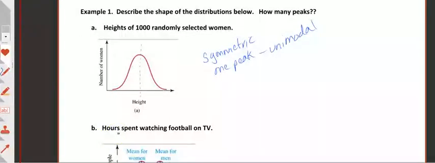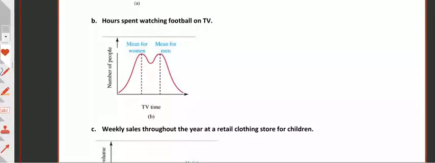So, what if we looked at the next example? I've got some data, and it's the number of hours spent watching football on TV. I surveyed both males and females. On my x-axis, it's the time watching TV. On the y-axis, it's the number of people. Times might be 4 hours, 5 hours, 6 hours, whatever, but in numerical order, left to right. And it turns out the women surveyed had a tendency to gather around this high spot, which is fewer hours than the men, who had a tendency to gather around this spot. So what I see here are two peaks,